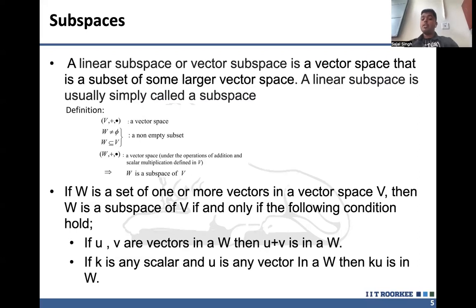For becoming a subspace of a vector space, it should follow some conditions. If and only if U and V are vectors in W, then U plus V is also a vector in W. If K is any scalar and U is any vector in W, then KU is in W. For your clarification, here we have taken W a non-empty subset and U and V are vectors. Moving to our further slides,